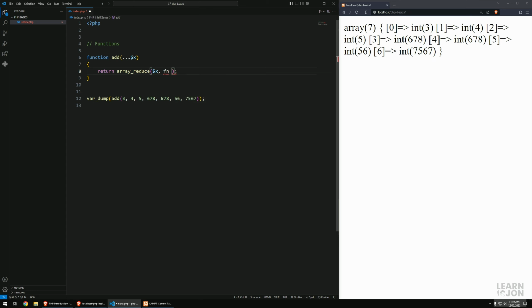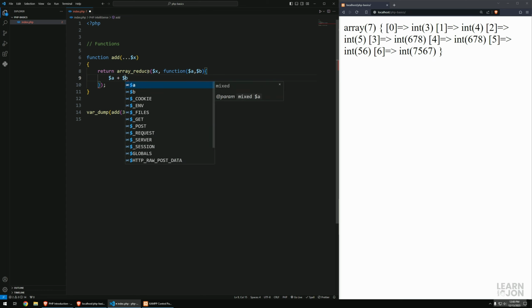But we can use, let's just use the normal function. So I'm just going to pass in function. We're going to take A and B. I'm sorry, I forgot the dollar signs. Just keep going back to JavaScript. All right, so we want to just maybe add A to the B and then return it and end the